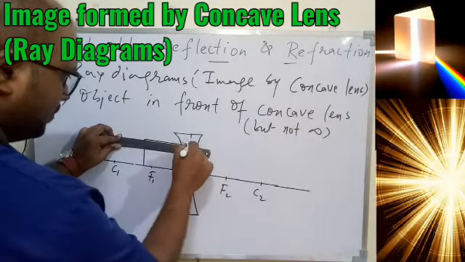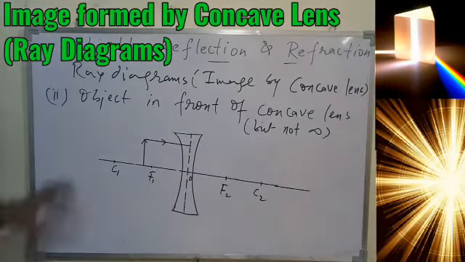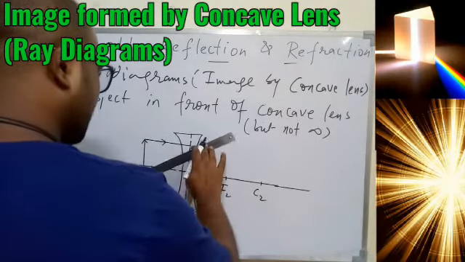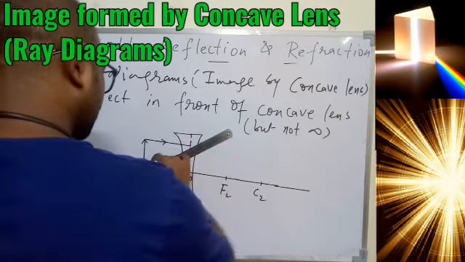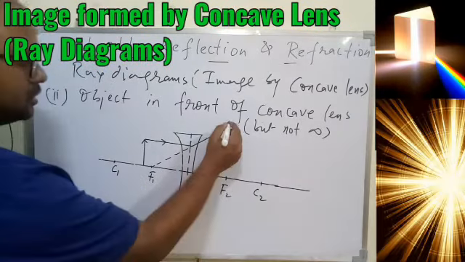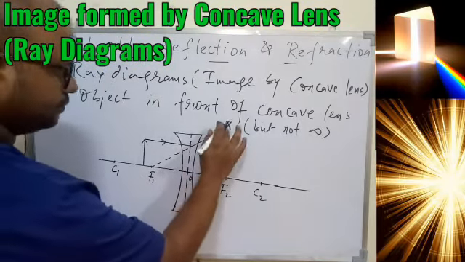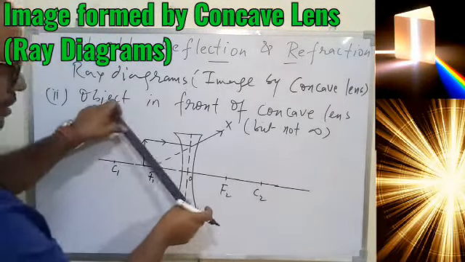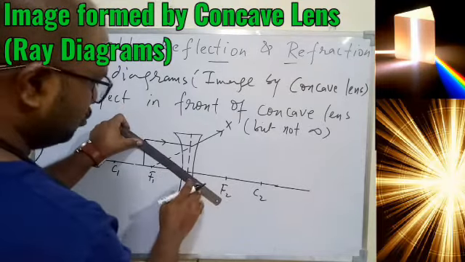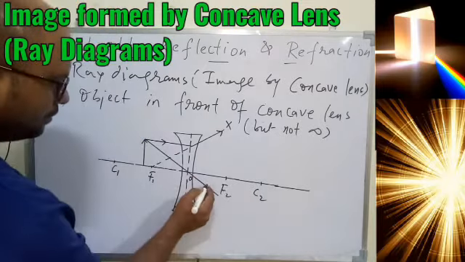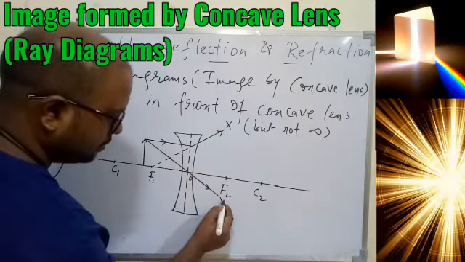So the very first ray is parallel to the principal axis. This is my object above the principal axis, an upright object. Now we know this ray will diverge from F1. So place the scale so that it can diverge from the focus. This is the first ray we are getting, X. But we need one more ray of light, and for the second ray, it's your choice. We can take it passing through the optical center straight away, and we know what will happen to this ray. It will pass without deviation.